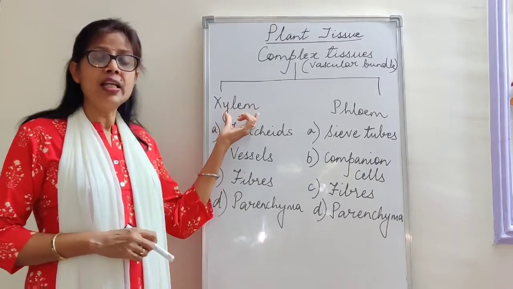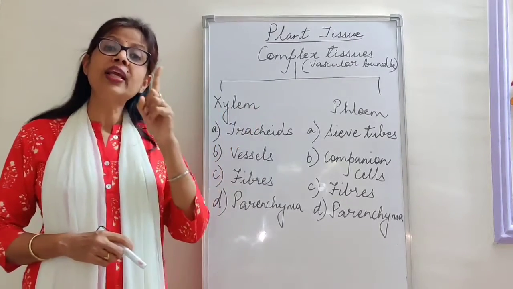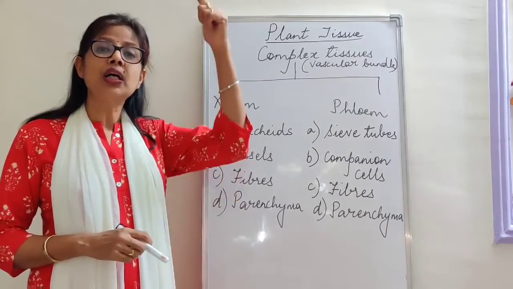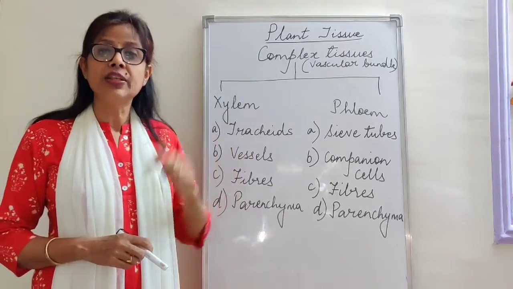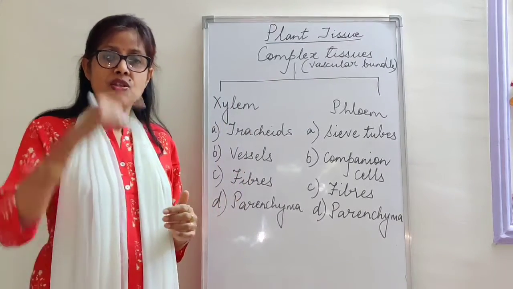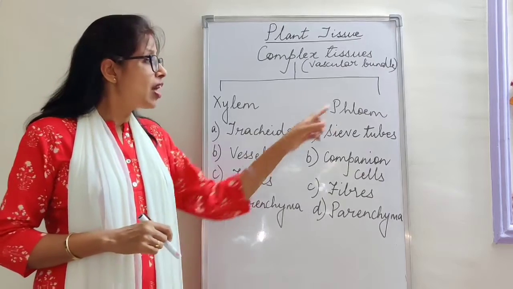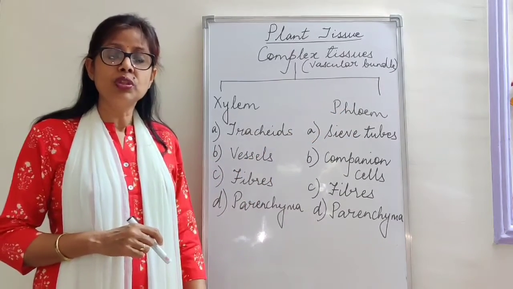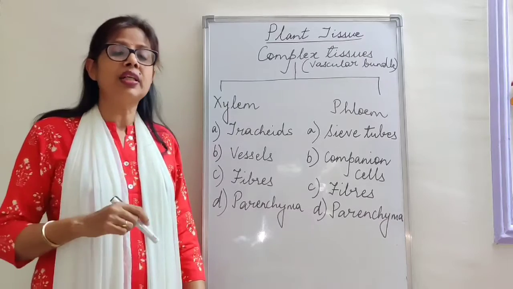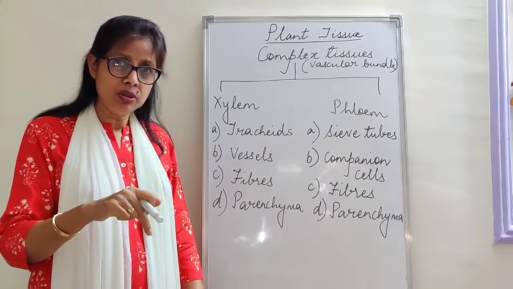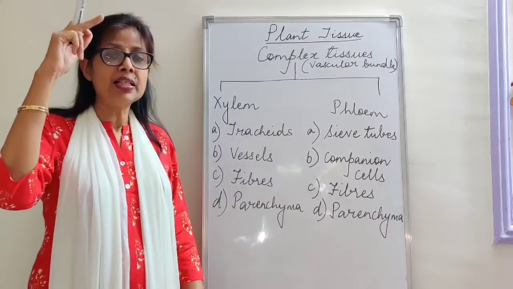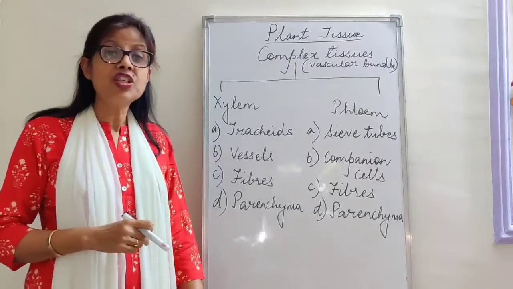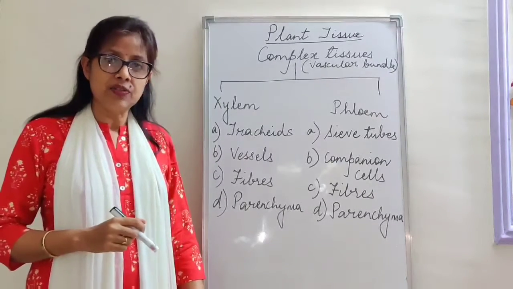In case of xylem, it moves only in one direction, that is from root to the top, to the leaves. So from base to top. Whereas phloem, since it transports food, moves in both directions, down and up. That is, it is giving food to all parts of the plant, which is prepared in the leaves.